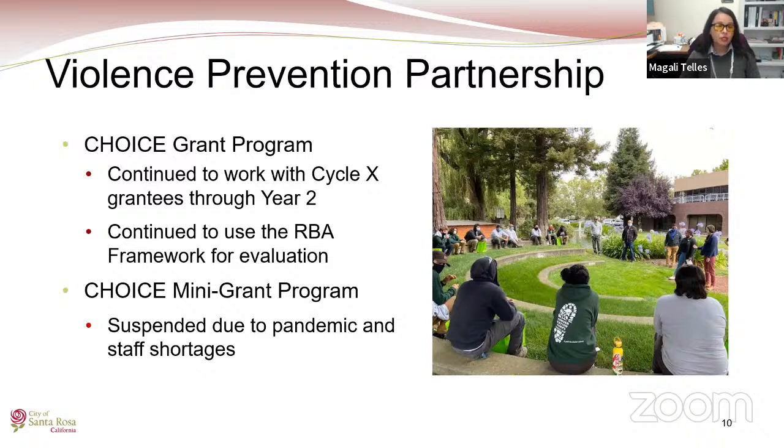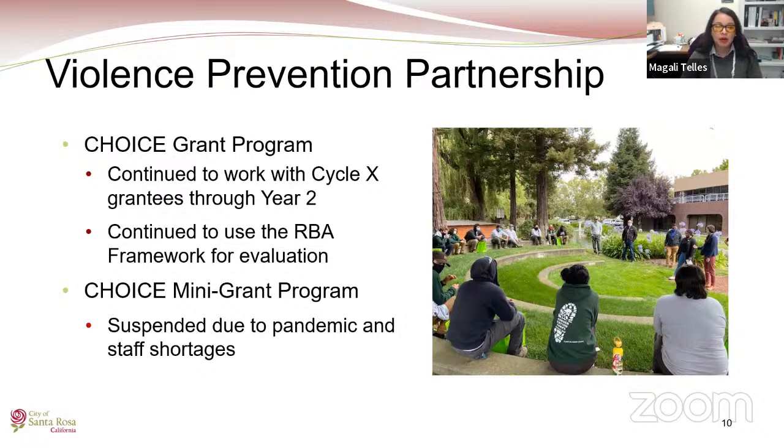And we've continued to use our results-based accountability, the RBA framework. All community partners use specific performance measures to evaluate their impact. And at the close of each choice cycle, we ask ourselves, how much did we do? How well did we do it? Is anyone better off? The County of Sonoma's Human Services Department Planning, Research, Evaluation, and Engagement, also known as PRE,